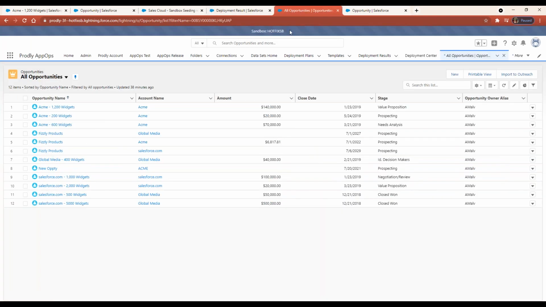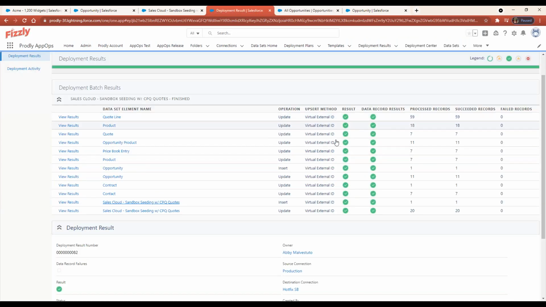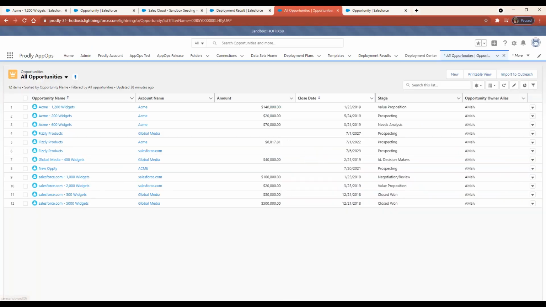Okay. So now here I am in my sandbox. Here are my opportunities. For that push, I did not throw a query in there, so they all came over. I don't really have many, so it's no big deal. But now I've verified that all the data that I care about did make it into my sandbox. I didn't get a single error in my deployment,